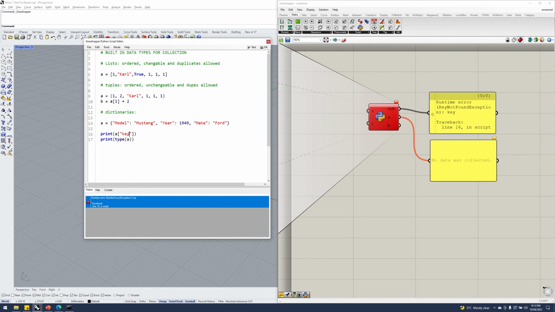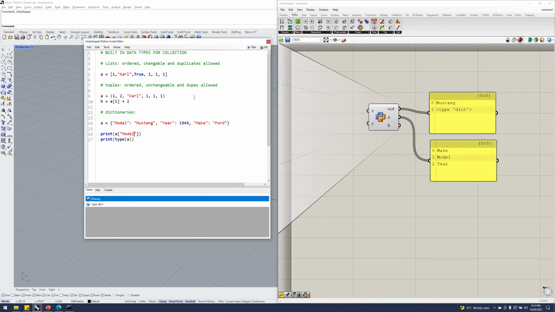We no longer have a key with the name key. Put in a model, and we get Mustang. So, unlike lists and tuples,